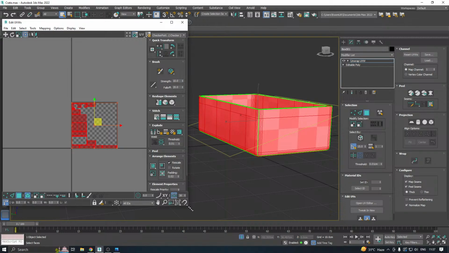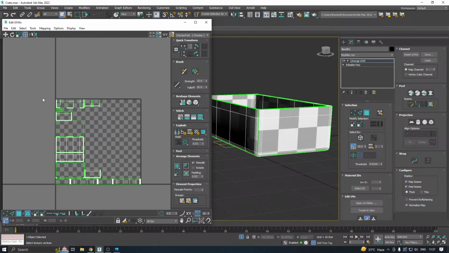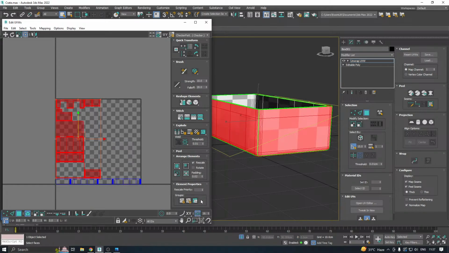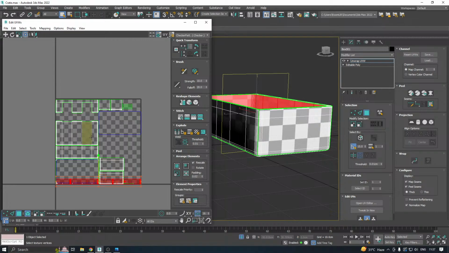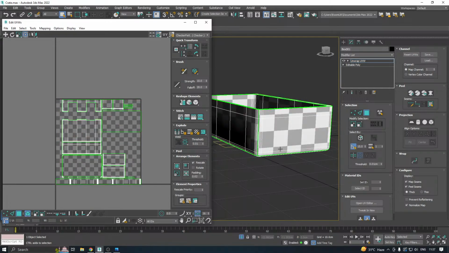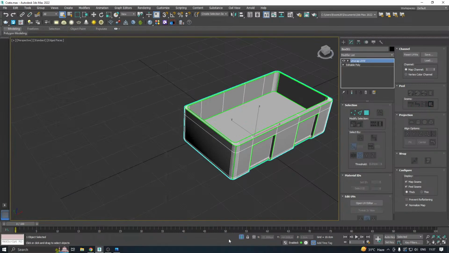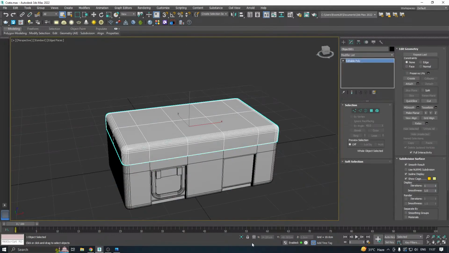Okay, then we should pack this, reduce the size. Now this one,